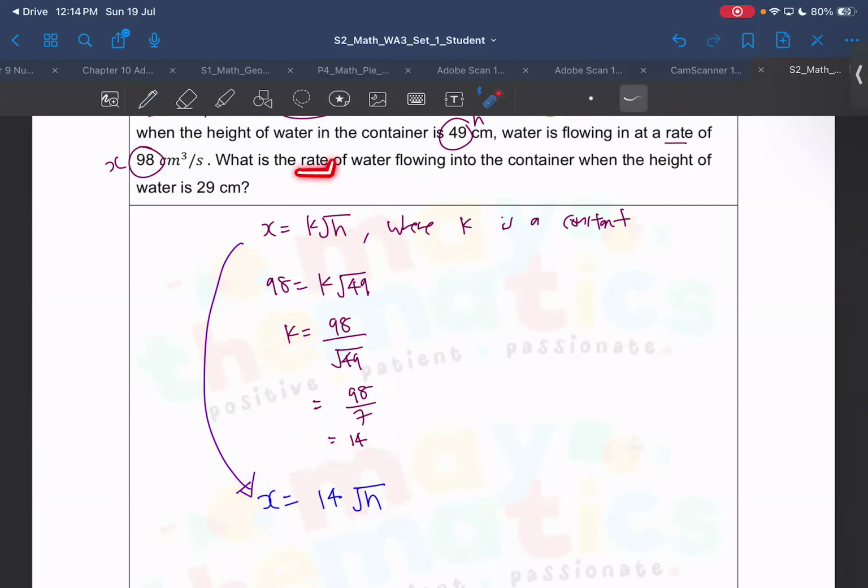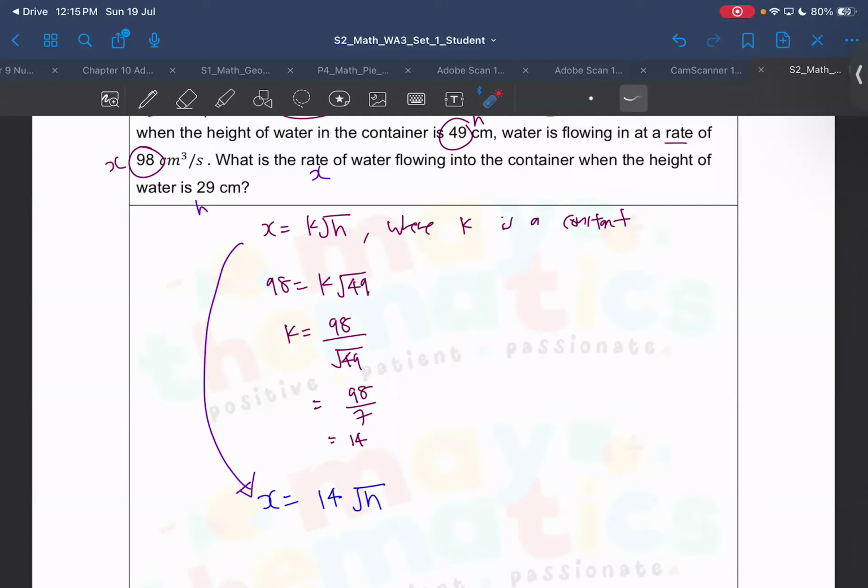So now the question says, what is the rate of the water if the height is 29? So, come Sean, what am I finding for this question? x or h? h. But I'm given h. x, see, what is the rate? Rate is x. So how to find x? Put what inside? 14. What do I have to put inside? Which values am I given? 14 square and